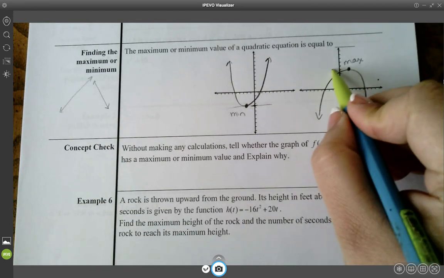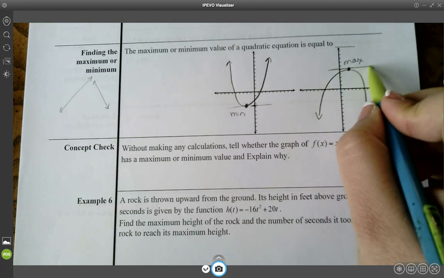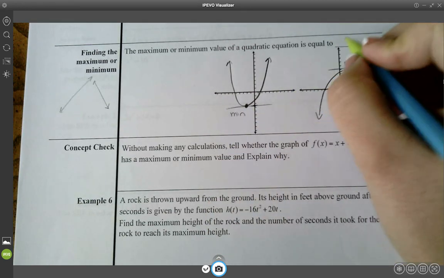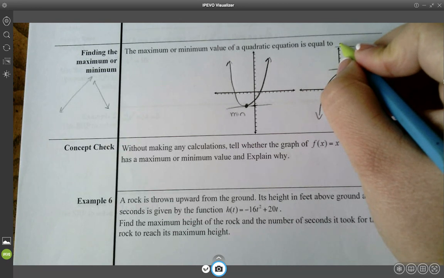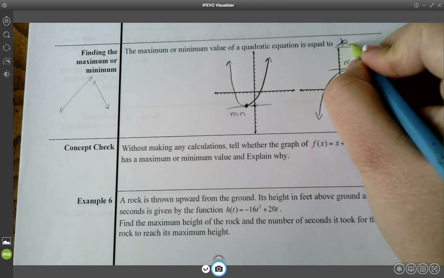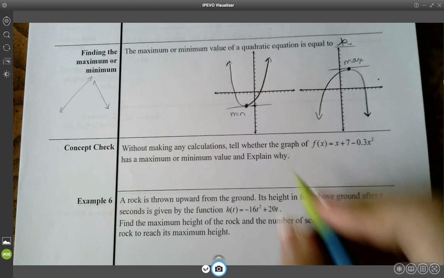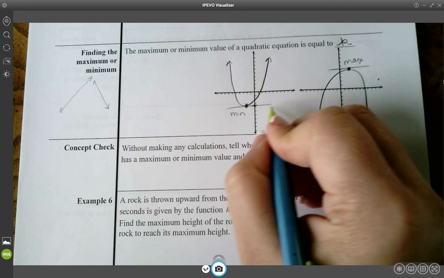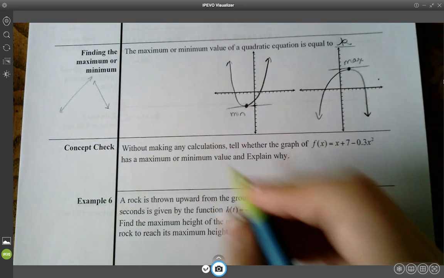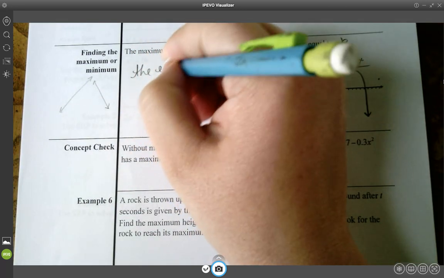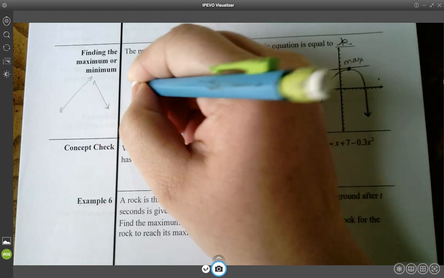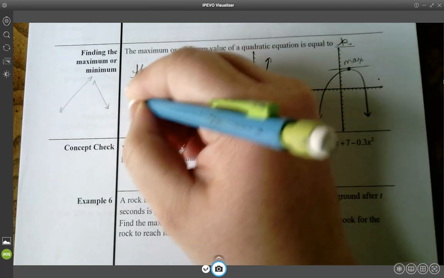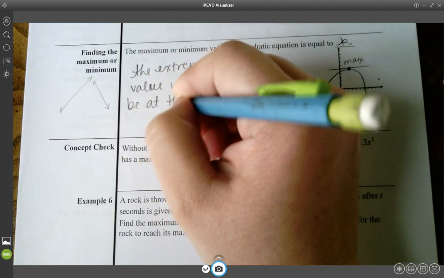The highest value of this function is this value here. Notice it's always a y value that will be the highest or the lowest. And so the maximum or minimum value of a quadratic equation is always equal to k, right? Because our vertex is always h comma k, and so the y value at that point will always be k. So the extreme value of any quadratic function will always be at the vertex,